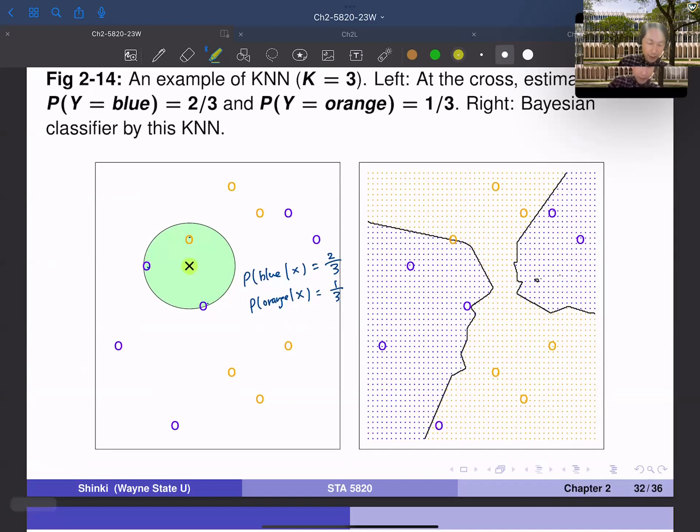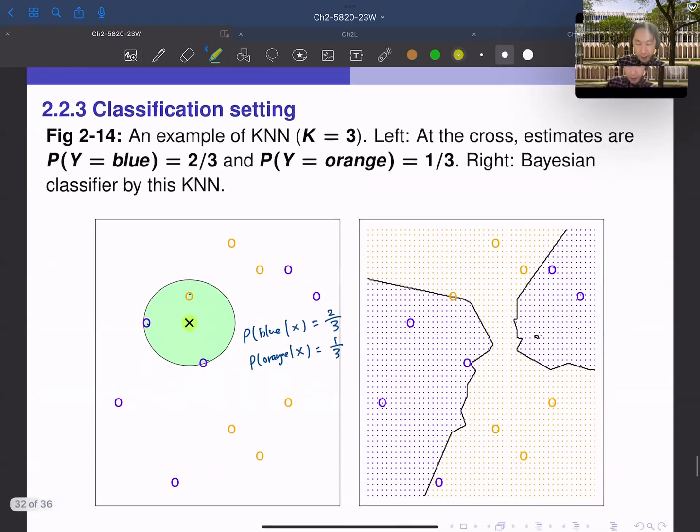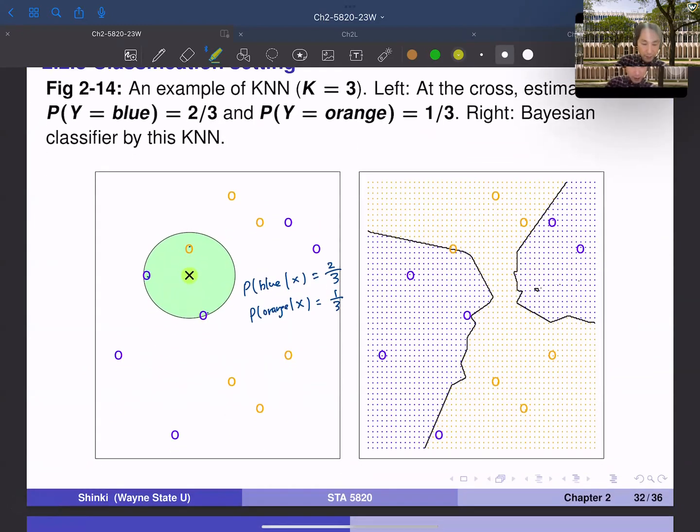Yeah, so if we use this criterion, then the boundary is this black line on the right pane. So you can see, for example, suppose that we want to calculate the probability of blue and the probability of orange at these 3 closest points. I think it's a little bit hard to see. Probably, so this is the closest, and this is the second closest,